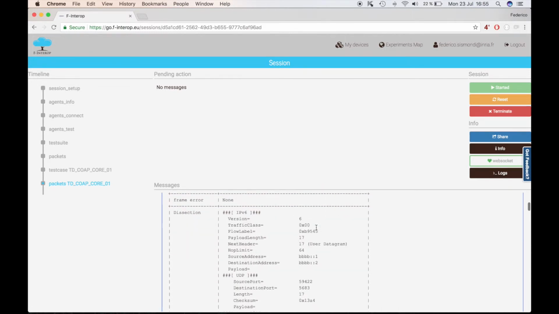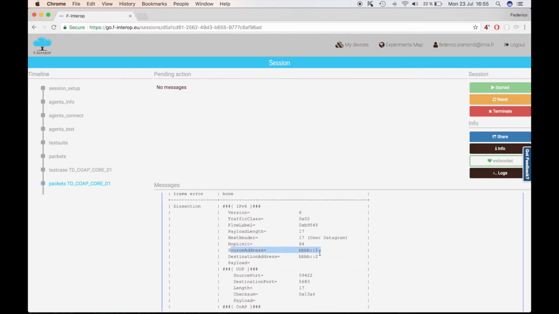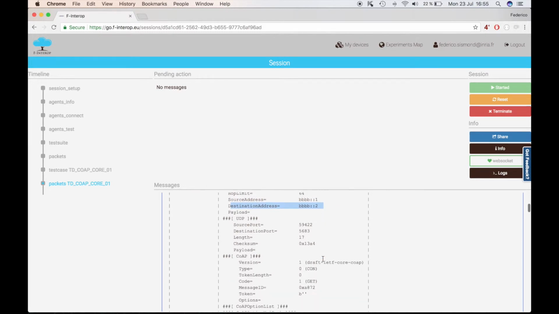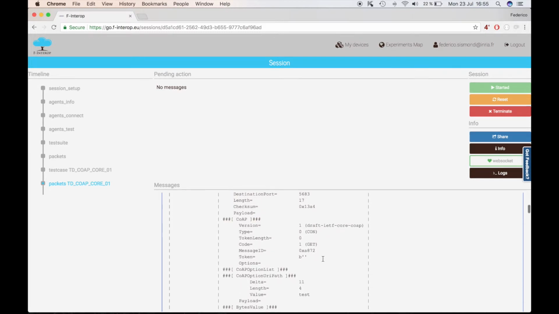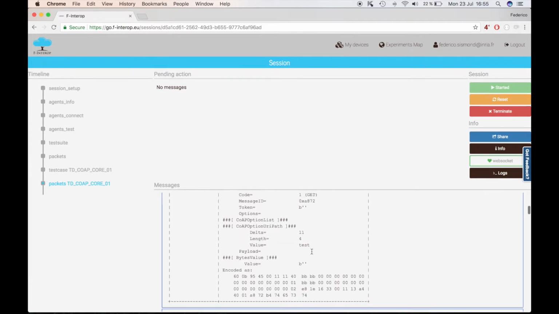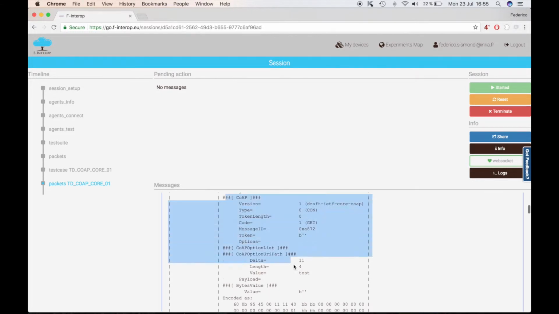Here you have the request, source address BBB1, destination BBB2. So this was the first message, the CoAP request, and the dissection of the CoAP headers. So this gives you a Wireshark-like view of the exchanges between